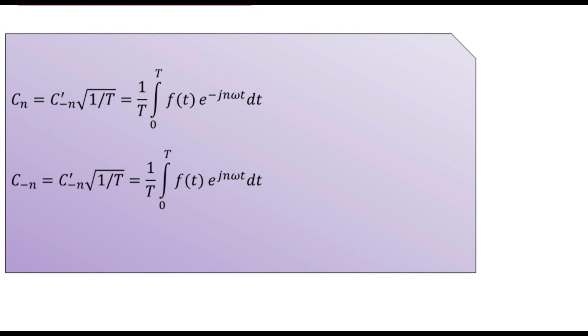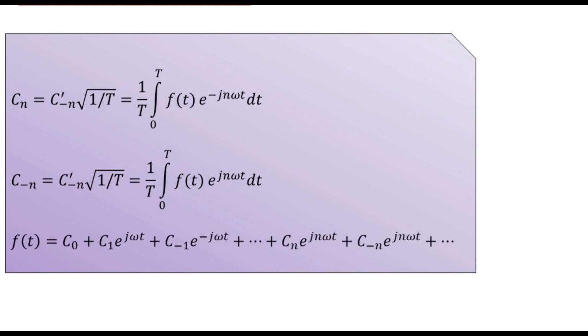So here we are obtaining the complex Fourier series in the standard form by using these particular notations, that is provided as f of t expressed as c suffix 0 added to c1 into e to the power j omega t, further added to c suffix minus 1 into e to the power minus j omega t, and in this way we have addition of terms like cn e to the power jn omega t, further added to c suffix minus n into e to the power minus jn omega t here.